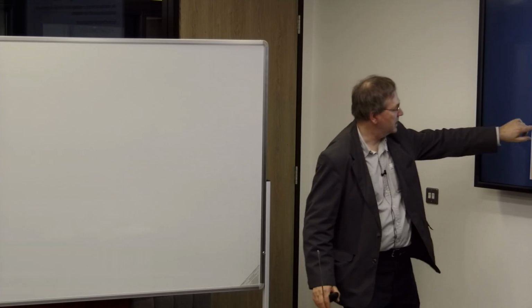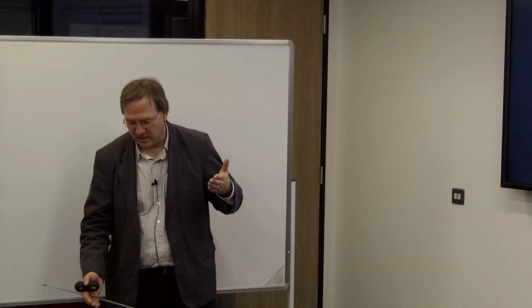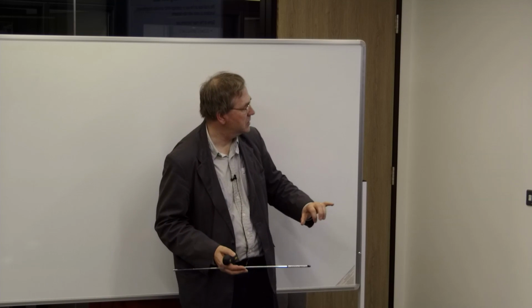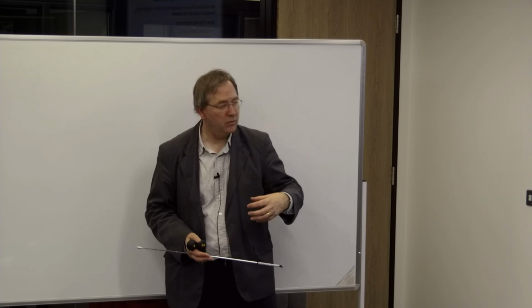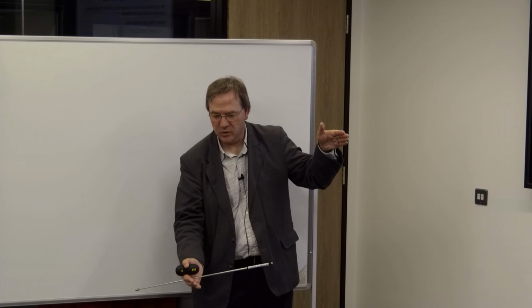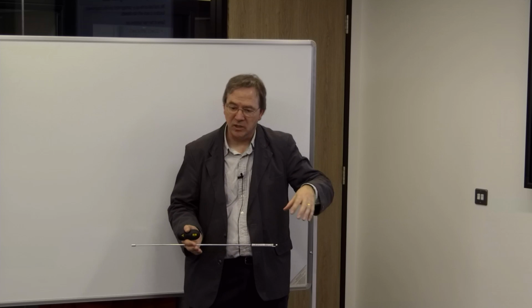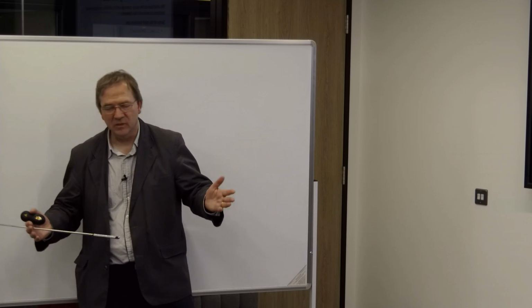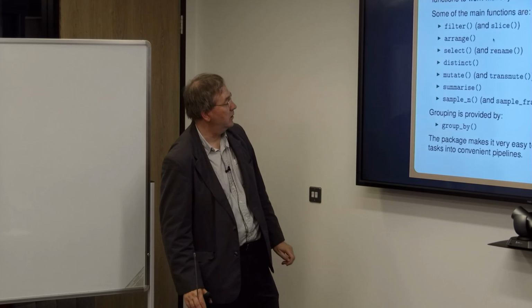And then there's an important twist to that, which is that, as we see here, there's also a group by operation. So what you can do is take a tidy data set and say group by one or more variables, and then the various actions that you take, for instance, the summarize action, is always done per group. So if you do a group by which produces two or more groups within your data set, then summarize applies to, let's say, extract the mean per group. So if you've got men and women, you could group by gender and then get an average for men and an average for women. Straightforward like that. And this is a very powerful tool which is used a lot in this DPLYR package.